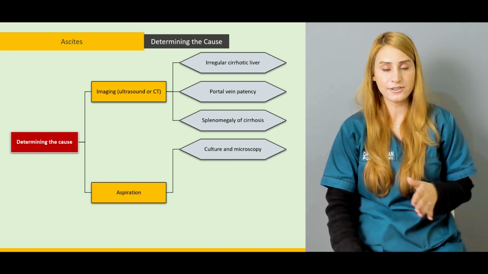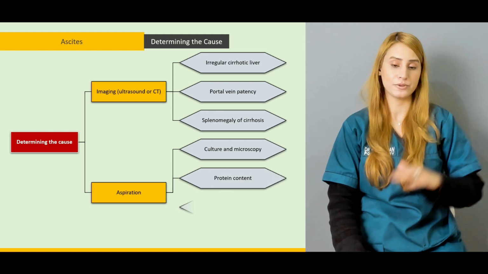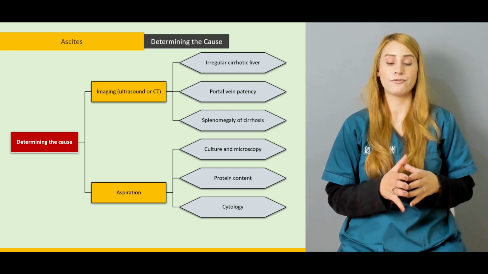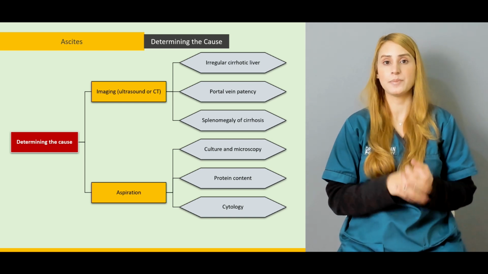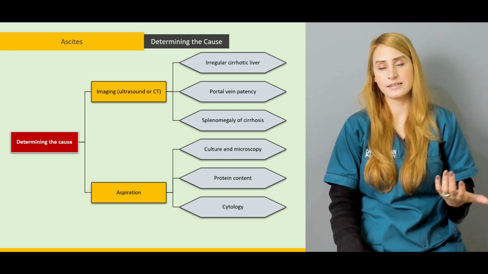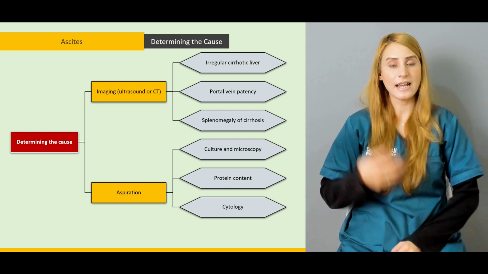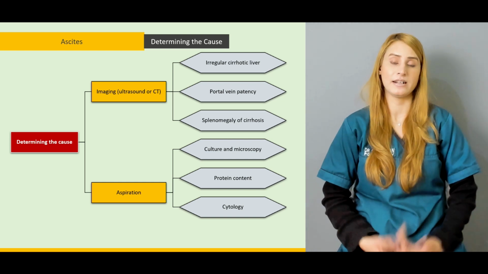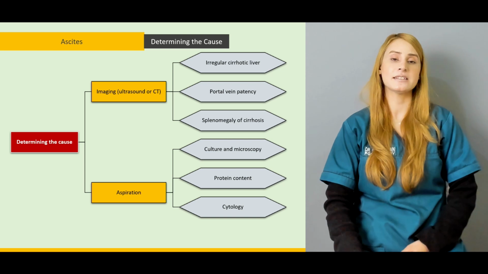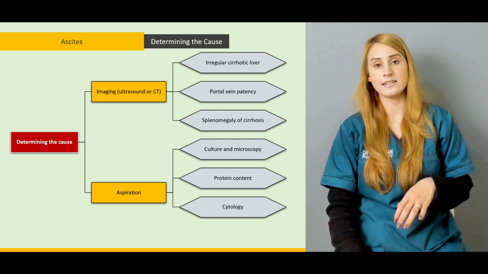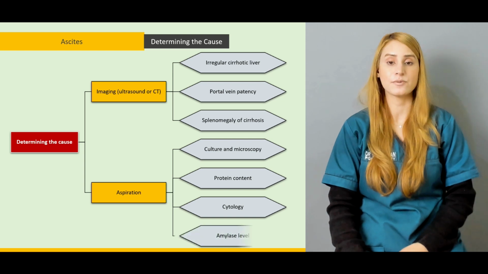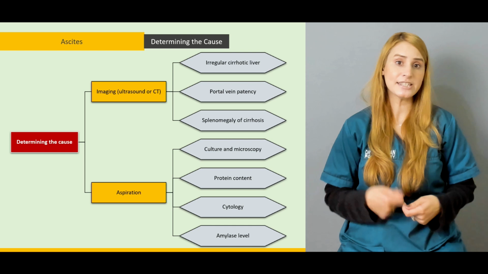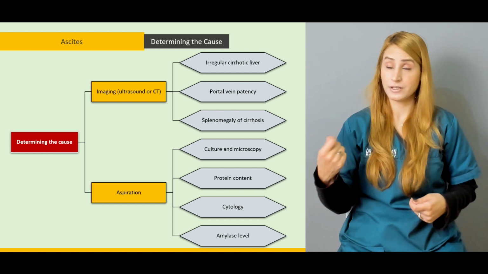And aspiration, and then sending it for culture and microscopy, the protein content, and cytology. These are important investigations. You need to go for the aspiration cytology because in some cancers, like gastric carcinoma or ovarian carcinoma, they spread to the peritoneal cavity. There's seeding, and because of the seeding of the malignant cells into the abdominopelvic cavity, there is ascites as well. So it's important to take the aspirate, to do the tap,